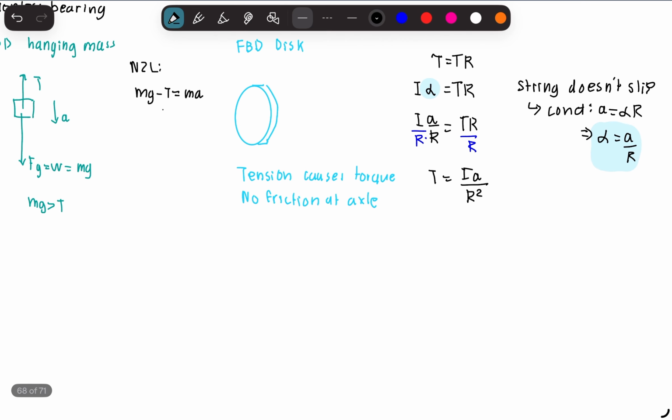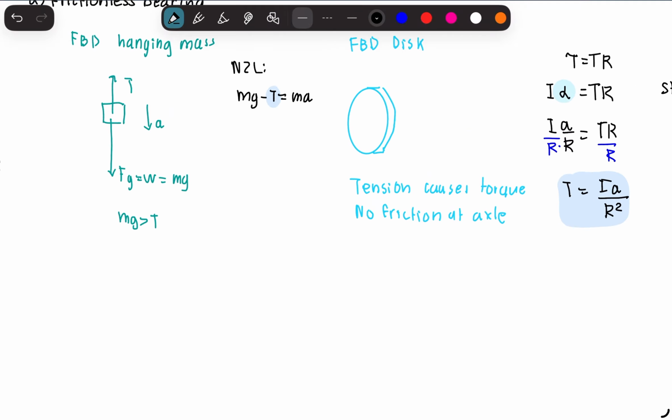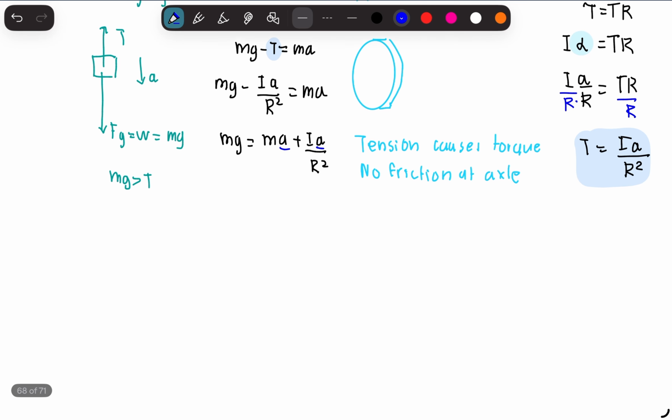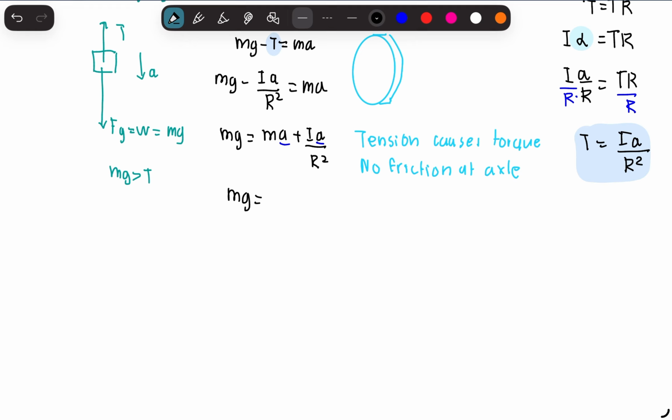So over here we had mg minus T is equal to ma. So we have T now. Now what we see is we can factor out our a after we just get mg. mg is equal to